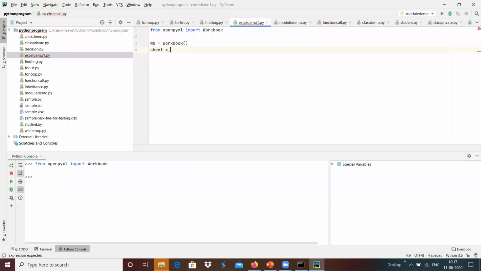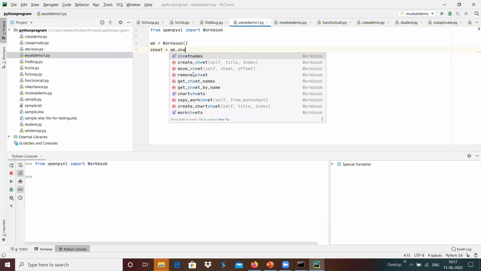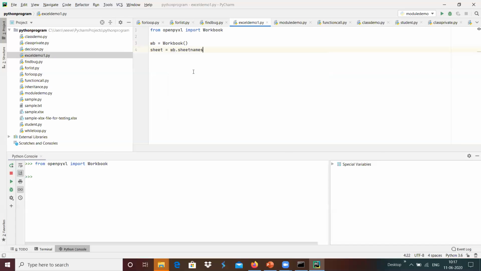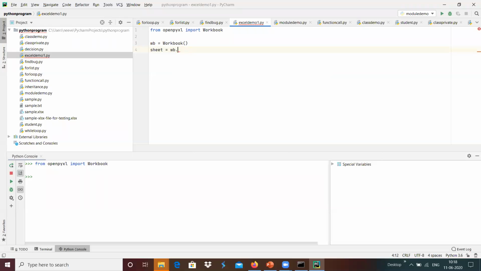Then we can get the current sheet, the active worksheet. We can get it with wb.active. Once we get that, I'm going to insert values into the sheet.